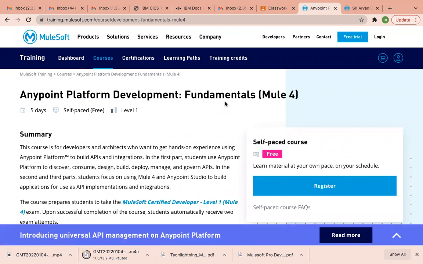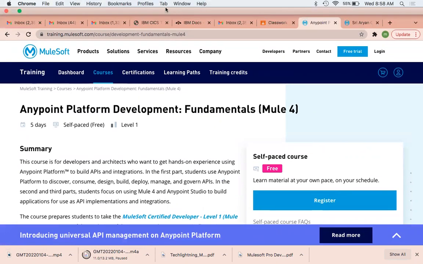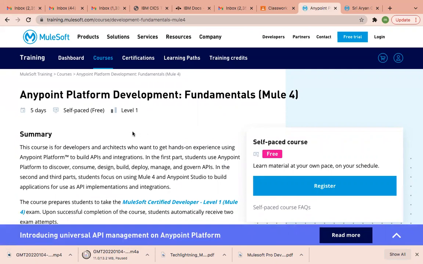I have one doubt. Between API platform development, Mule 4 and Mule 3, will the questions be the same? The time says like three days and five days. Is it mandatory to complete that? No, that is for instructor level if you go with this. Anyone you can take, you will get the voucher. Either the second or third one, we don't need to click two. Correct. So the questions and answers will be the same in the end. Okay, cool. Thank you.